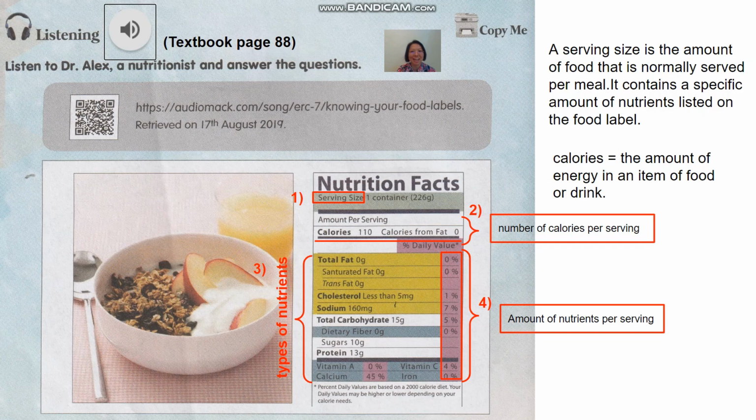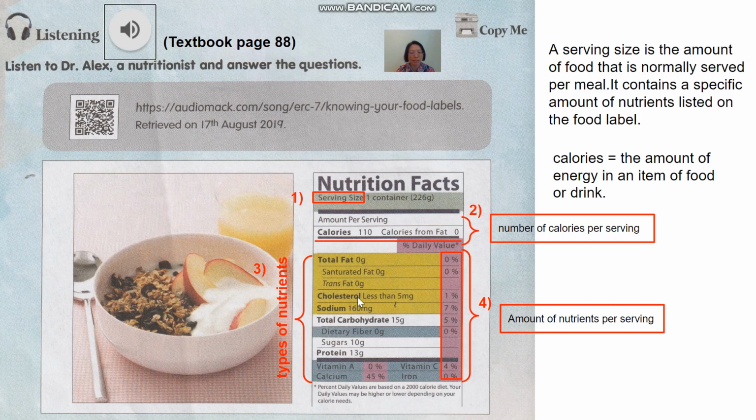Okay, so that's the end of the audio. So if you listen carefully to the audio just now, you can learn that from the food label, you can get four important information. Now, the first one is serving size. Second one is number of calories per serving. And number three is types of nutrients. So the types of nutrients here, you can see the total fat. Okay, there are two different types of fats here: saturated fat, trans fat,